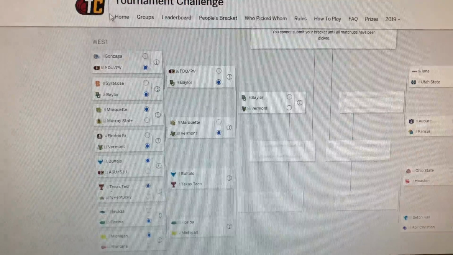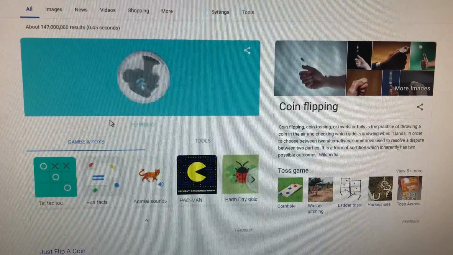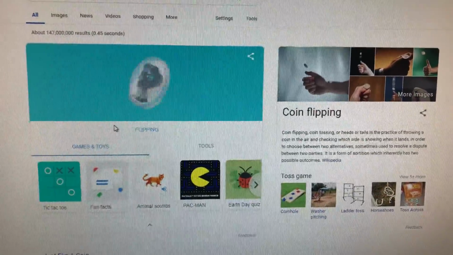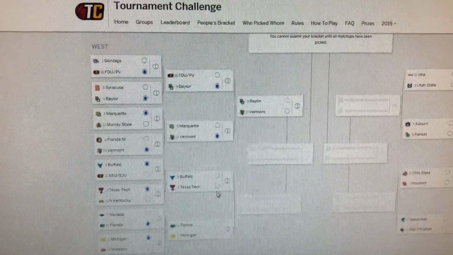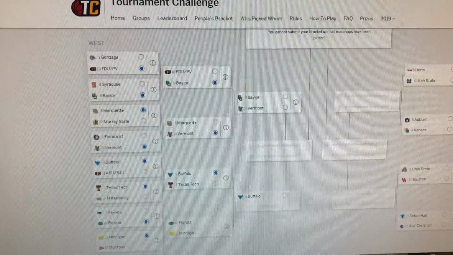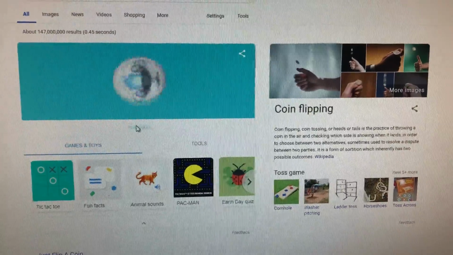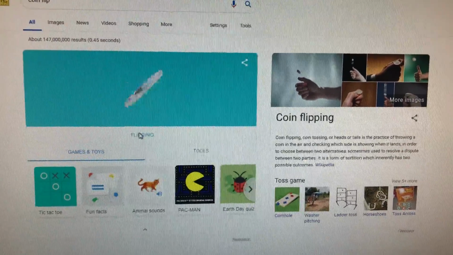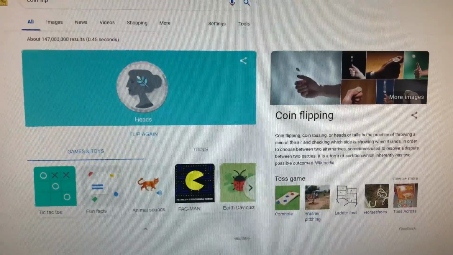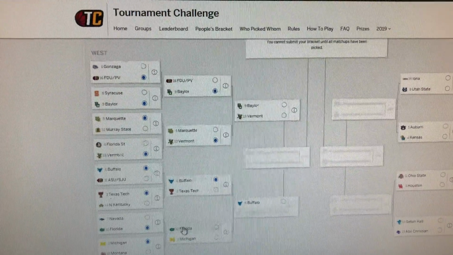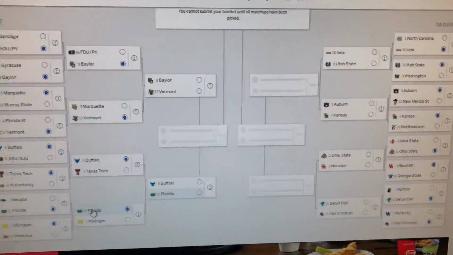Buffalo and Texas Tech. This one was a little bracket or cluster, whatever pod, whatever you want to call it. We have Buffalo moving on, so we will not see a 3 seed. Will the 2 seed get knocked out? Will we have another higher seed going into the Sweet 16? We do. We have the 10 seed Florida Gators moving on. Now the highest seed that will come out of here is a 6.